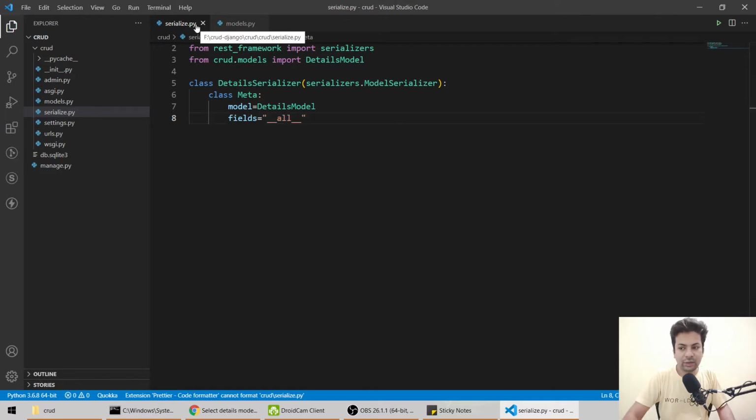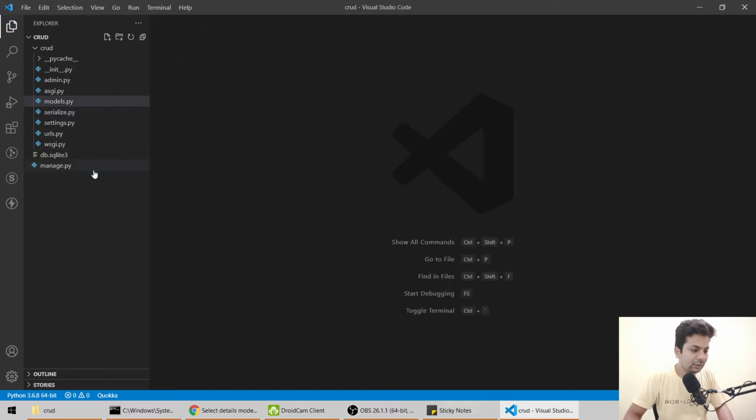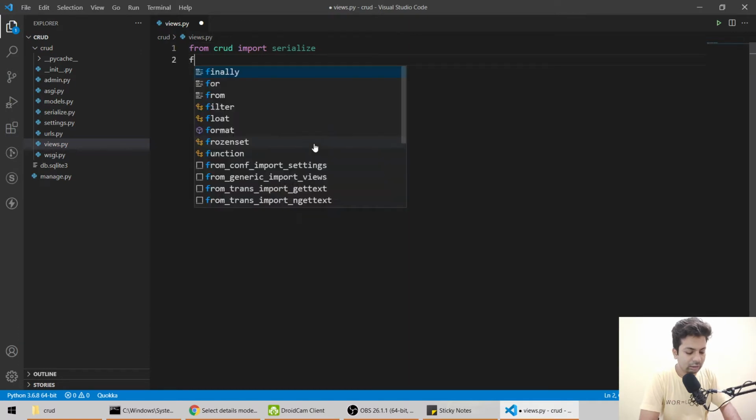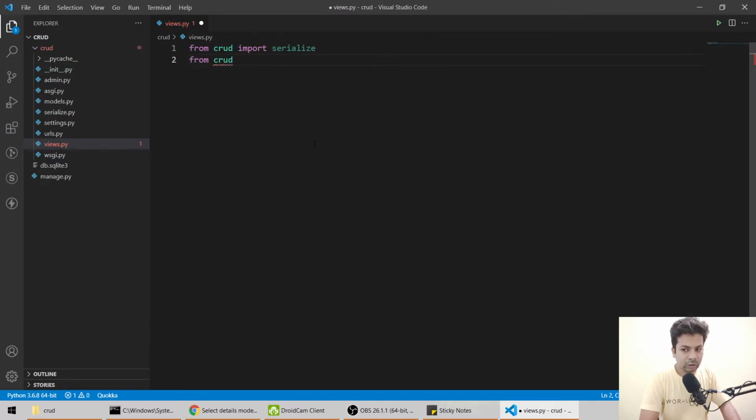Now we don't need this file anymore, so we'll go forward to the views part. Here we don't have a views file, so we'll make views.py. Now we'll import something, obviously. We'll import from CRUD import serializer, then from CRUD.models import our model name, DetailsModel, then we'll say from